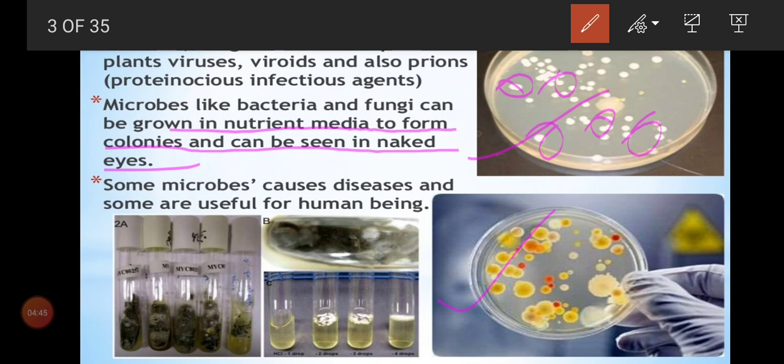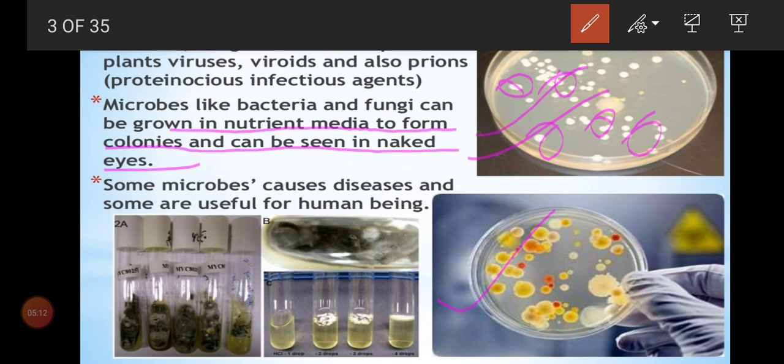So when we provide a nutrient medium and also add a starter culture, we can get our desired microorganisms in a Petri plate. And we have learned in the previous chapter, biotechnology, that after this Petri plate, we take the culture and introduce it into the bioreactor for huge production. So this is the growth of microbes in the Petri plate.